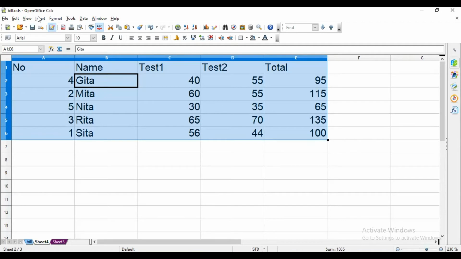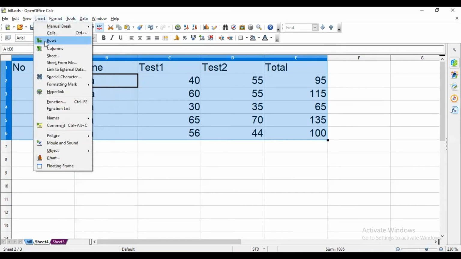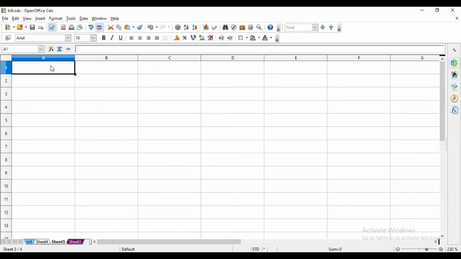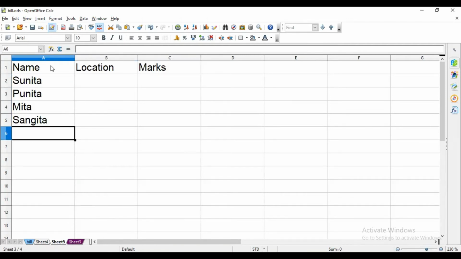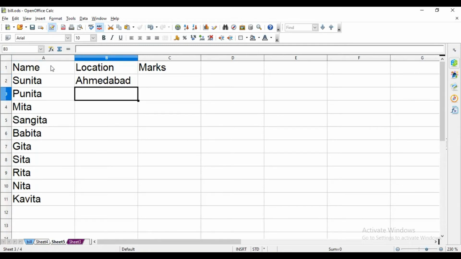Now again, data filter. For data filter, I'm typing some more data here. And for example, these students are living at different locations, that is different cities.